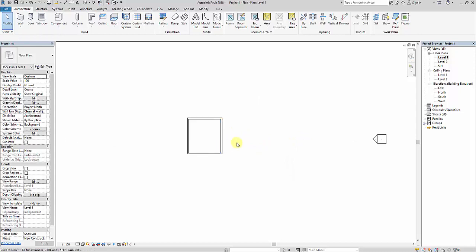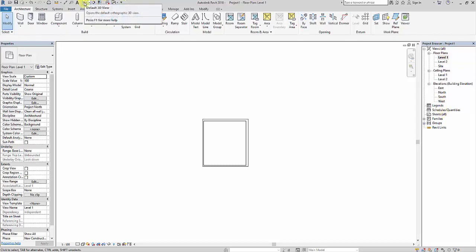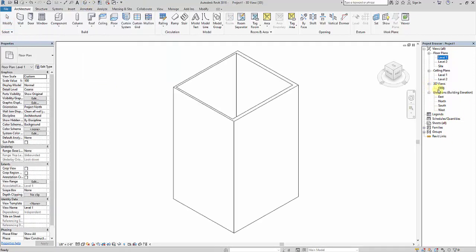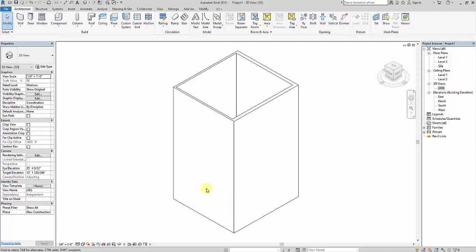Next, after you place a plan, let us see the 3D view of the plan. I have already placed my walls here, so I'll see the 3D view of the wall. Whenever I take the first 3D view in the project, I won't get it in the project browser. I need to select it from the quick access toolbar. So I'll click on default 3D view here. The next time, it will be coming from here itself.